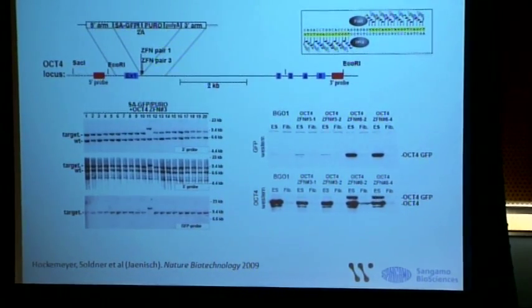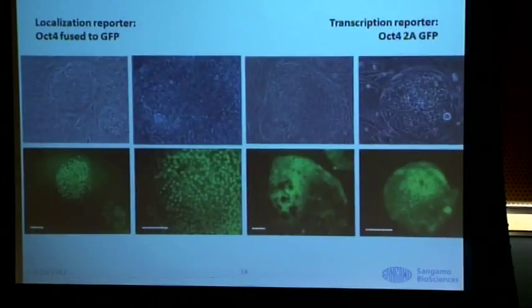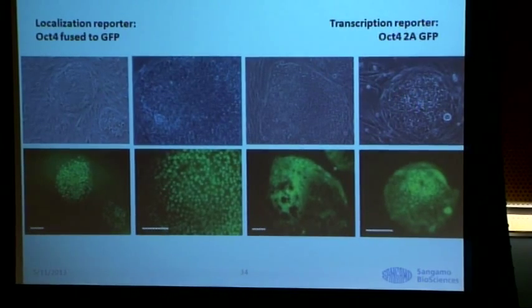I show you this because the efficiency of this process is rather remarkable. You can see, obviously, in the Southern below, one band that's of the inappropriate height. That's actually the only one that's inappropriately targeted. Everything else is exactly what we want it to be. And so this can go in with very high efficiency, and it allows you to do things like tag endogenous genes in different ways. So depending on how you design the donor DNA, it's possible to introduce reporters of OCT4